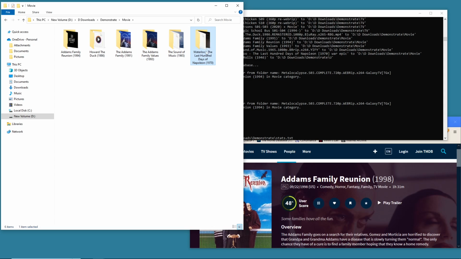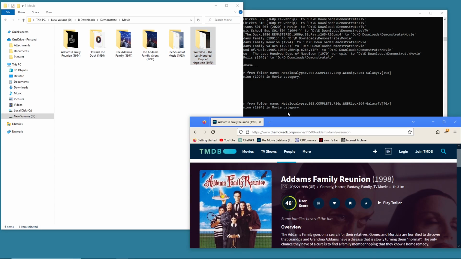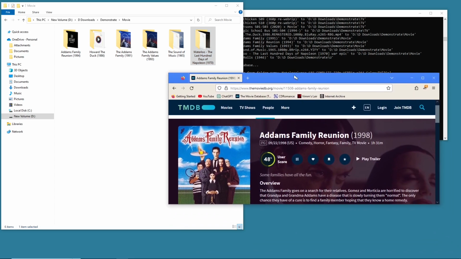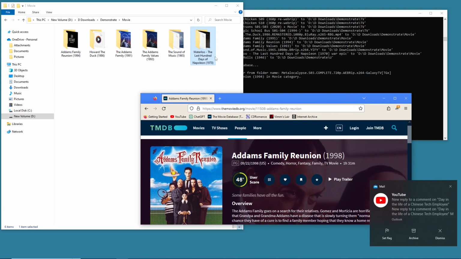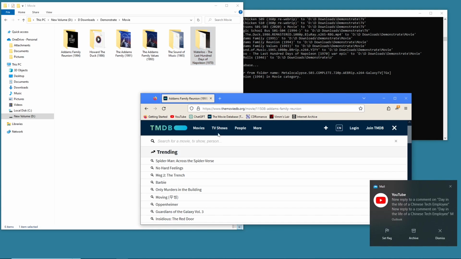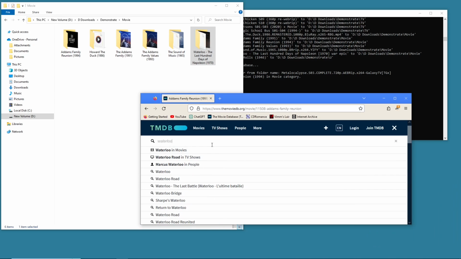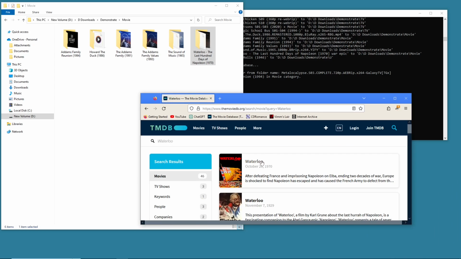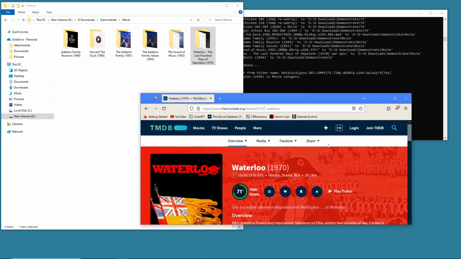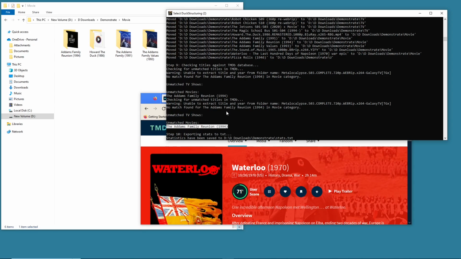I had this for demonstrations because the AI put the name as this, but it actually is just this, and that's it. So that will come up here,